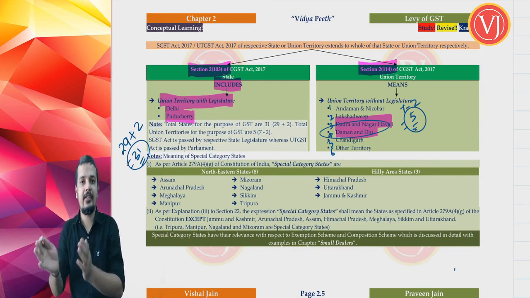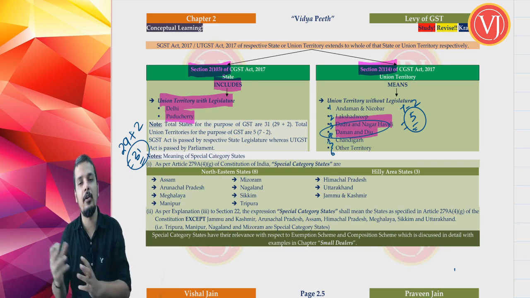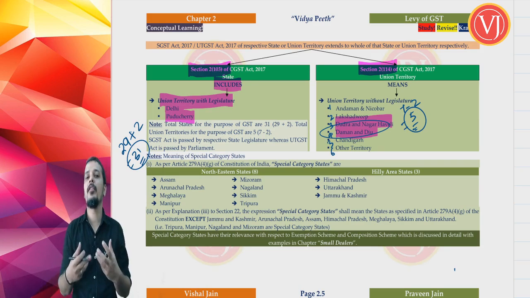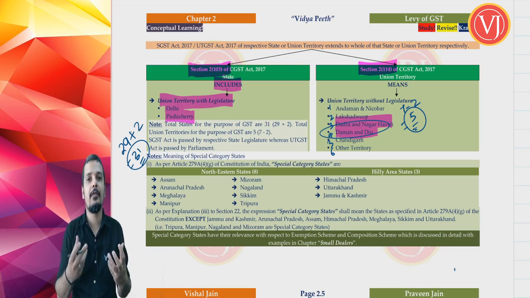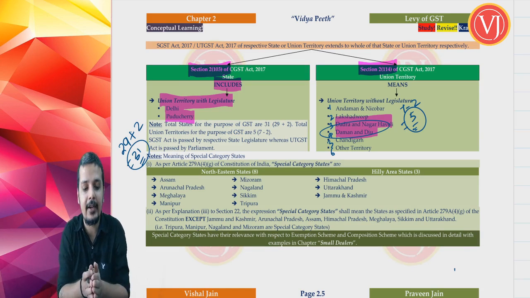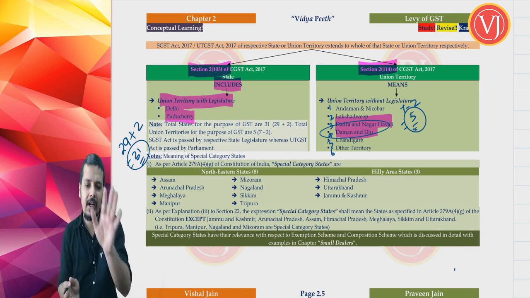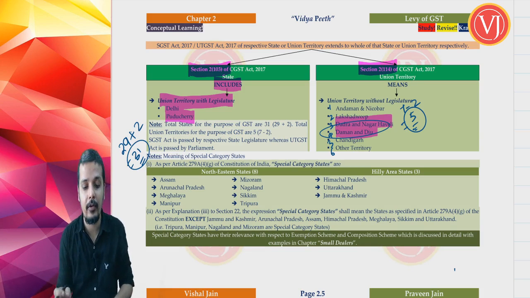What if that clarification doesn't come? So you have to read with the old provisions. We have seen the old provision. And what if the new provisions are there? What are the new provisions going to be? It is the bifurcation of Jammu and Kashmir state into 2 union territories, one with legislature and one without legislature, and it is the merger of Dadra and Nagar Haveli and Daman and Diu into one union territory. So that is the amendment. Now forget about those points because it is not clear whether those will be applicable for your November 2020 exams.